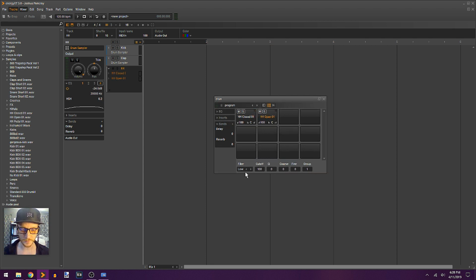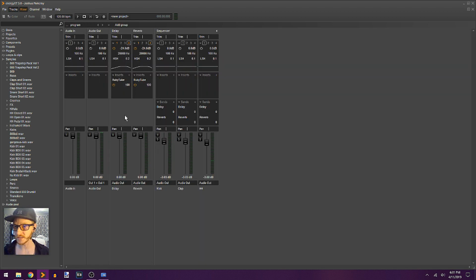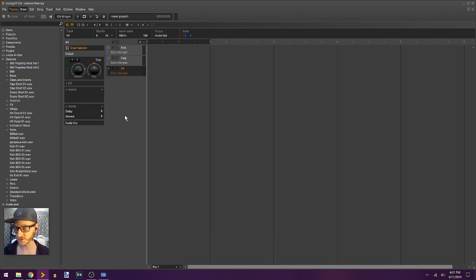And in the built-in drum sampler, we can also adjust the cutoff. So I like just to bring that down a little bit. And I'll just make that the same blue color for our drums as well. So now we've got a kick, clap, a couple of hi-hats, a couple of send effects already EQ'd, giving them a little bit of saturation as well, just so they sound different from the source that we're sending to our